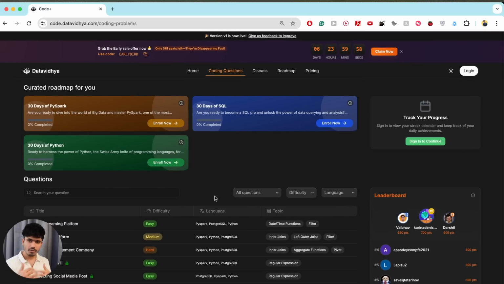Now, before we move forward, I just want to say that this is a startup and a product that we are building, which is like a LeetCode for data engineers, and we'll be adding more and more things as we move forward. This is the early stage platform and we are launching it. This is like a version 1. So there are chances that there will be some bugs here and there, UI issues or something around it. Okay. So that is important.